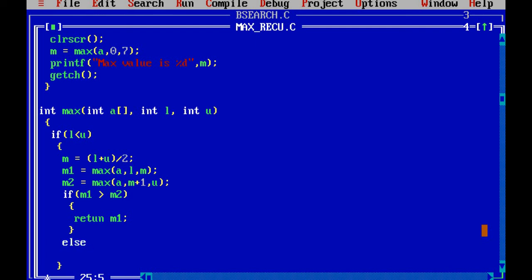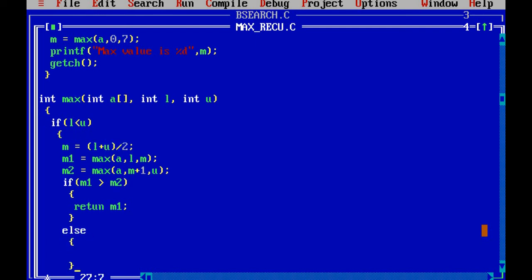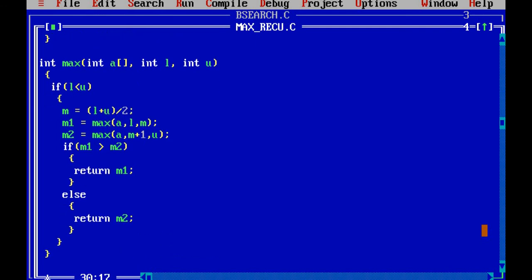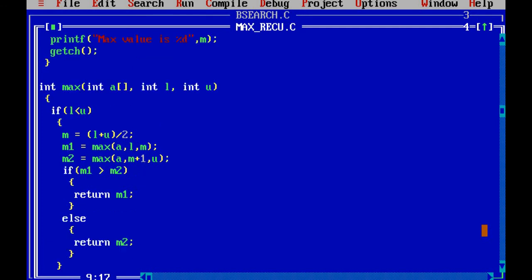And in the else, that means M2 is greater than M1, you should return M2 as the whole part. That's all. So in this way, you are dividing the problem into many sub-problems, collecting those results, and ultimately getting the maximum value.